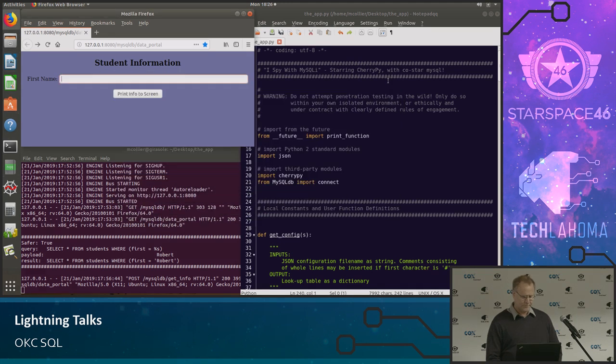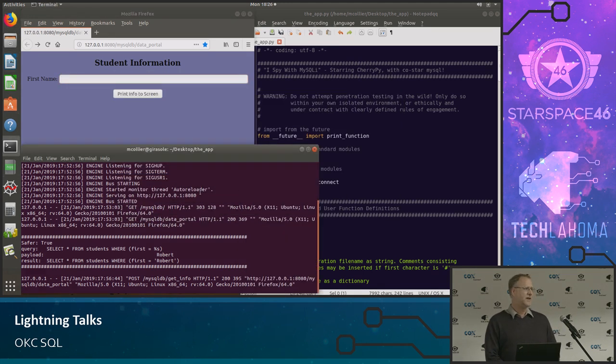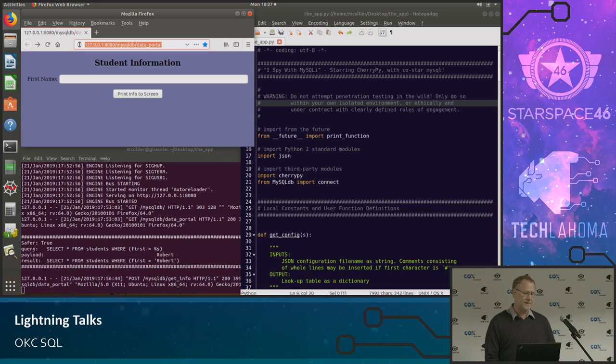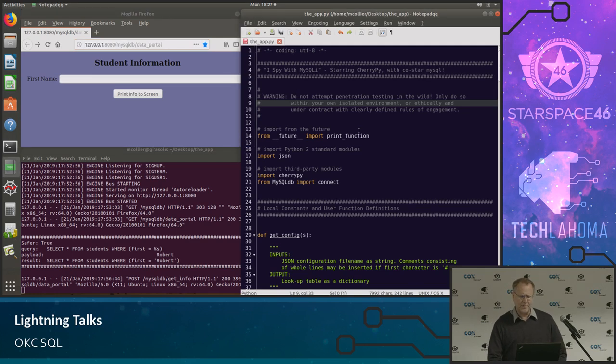All right. So down here in the lower left-hand corner of your screen, I've got a command line. I'm using Ubuntu 18.04 LTS as my operating system. Over here on the right-hand side, I've got the actual Python code, so the entire application fits into a single script. And I'll just briefly look at the Python because this is focused on SQL. And finally, over here, you'll see that I'm pointing to the service right here, data portal. So quickly over here in the Python,